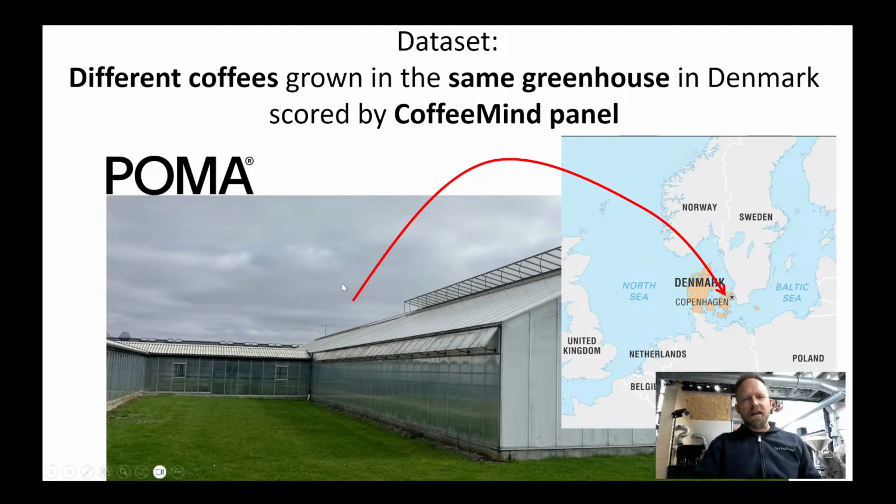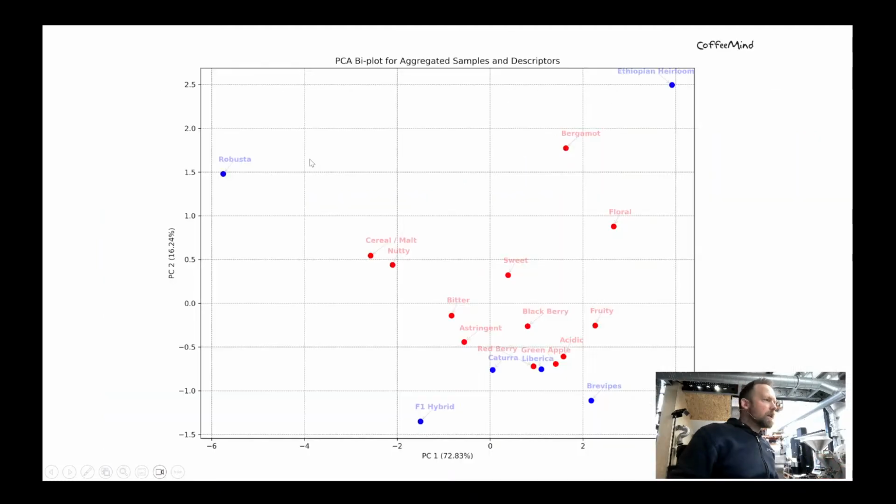And this is done by Rasmus, who is behind POMA, who is doing research here in Copenhagen, Denmark, in a greenhouse. So there's a lot of interesting data coming out, and this was the first sensory descriptive analysis we did on those samples. The first and most interesting plot you see when you do a sensory descriptive analysis is called a PCA biplot. It sounds very fancy and it's top shelf multivariate statistics, but it's not too fancy in the sense that it's very easy to understand how to read it.